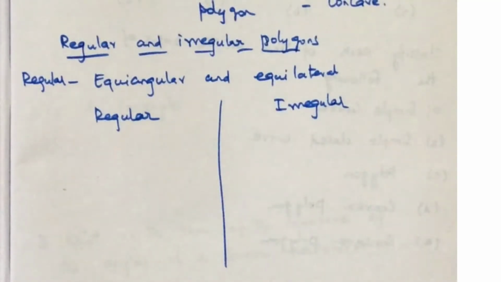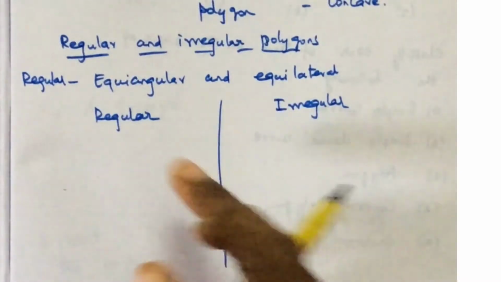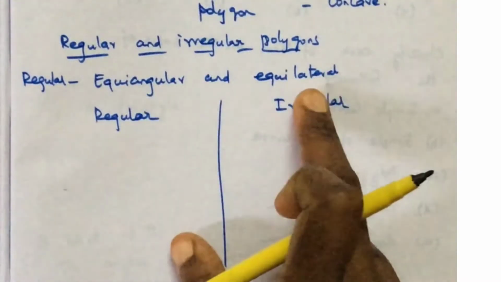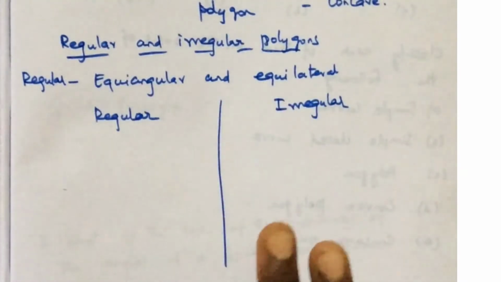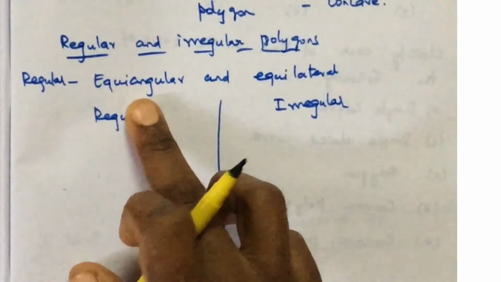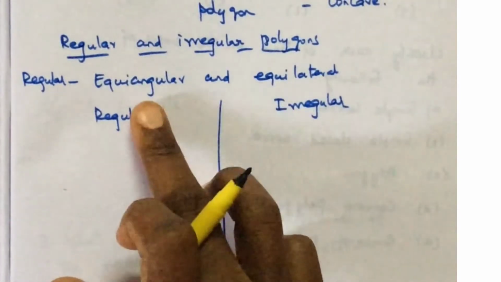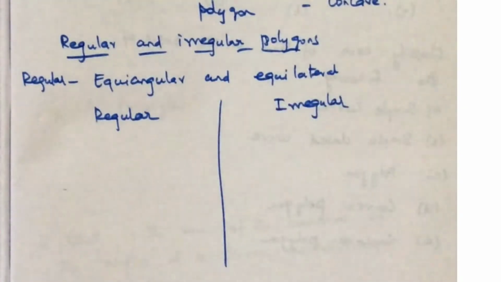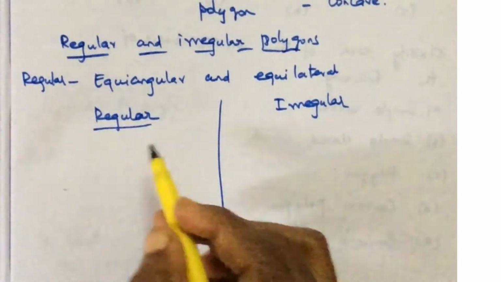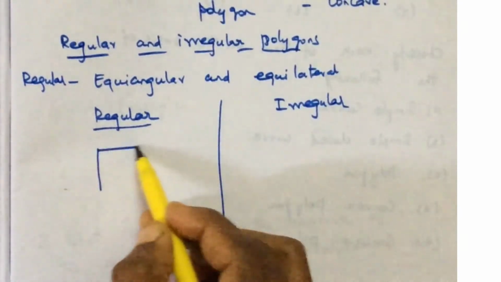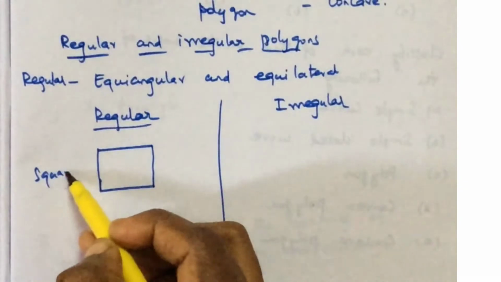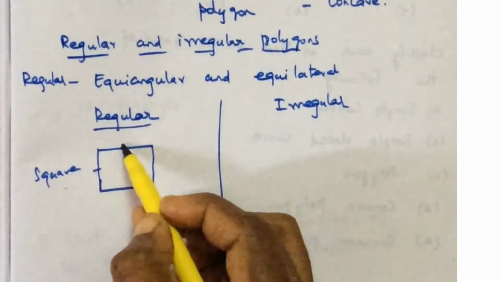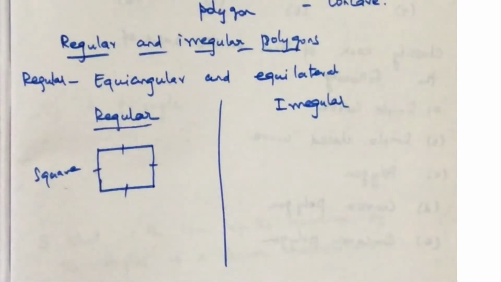What is a regular polygon? It should satisfy two conditions, equiangular and equilateral. If these two conditions are satisfied, then it is called a regular polygon. What is equiangular? All the angles should be equal, and all the sides should be equal. For example, I am going to give an example for a regular polygon. Take a square. Here all these sides are equal,